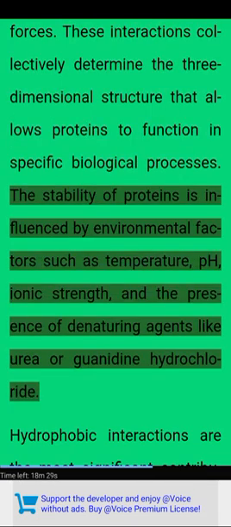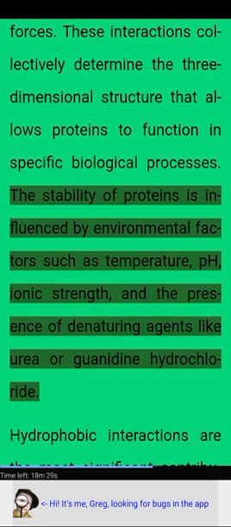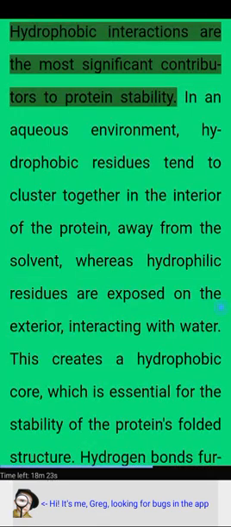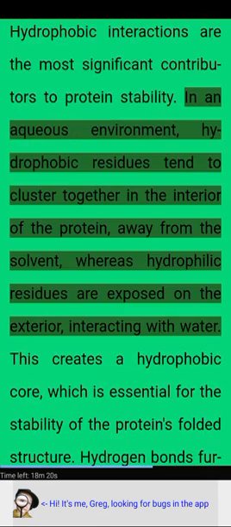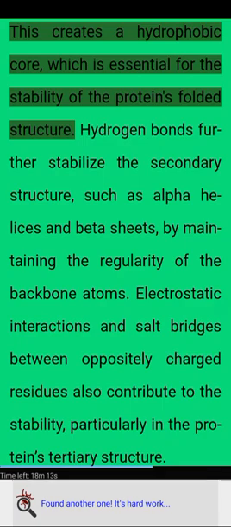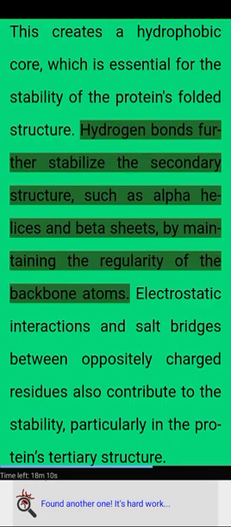The stability of proteins is influenced by environmental factors such as temperature, pH, ionic strength, and the presence of denaturing agents like urea or guanidine hydrochloride. Hydrophobic interactions are the most significant contributors to protein stability. In an aqueous environment, hydrophobic residues tend to cluster together in the interior of the protein, away from the solvent, whereas hydrophilic residues are exposed on the exterior, interacting with water. This creates a hydrophobic core, which is essential for the stability of the protein's folded structure. Hydrogen bonds further stabilize the secondary structure, such as alpha helices and beta sheets, by